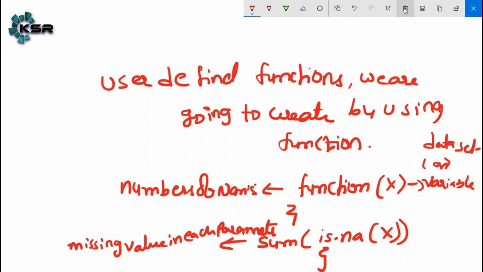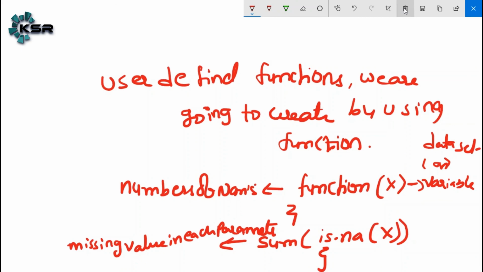It will work for each and every variable. Here number of NAs is what we are assigning. You can keep ABC, you can keep anything in the place of number of NAs. To create the user defined function, we need to pass the function. X means data set name, whatever data set you need.